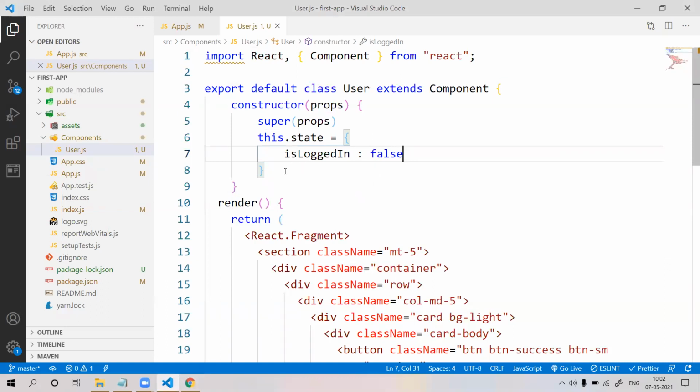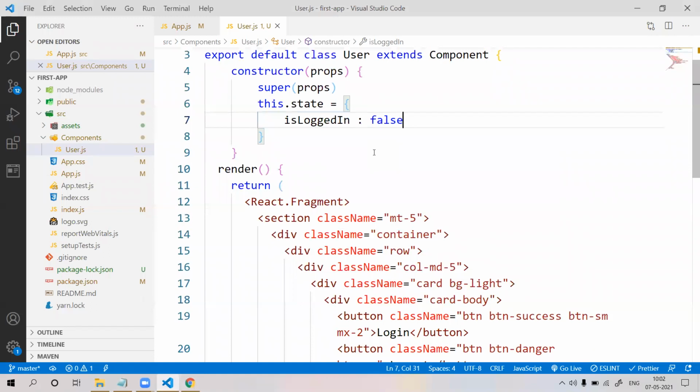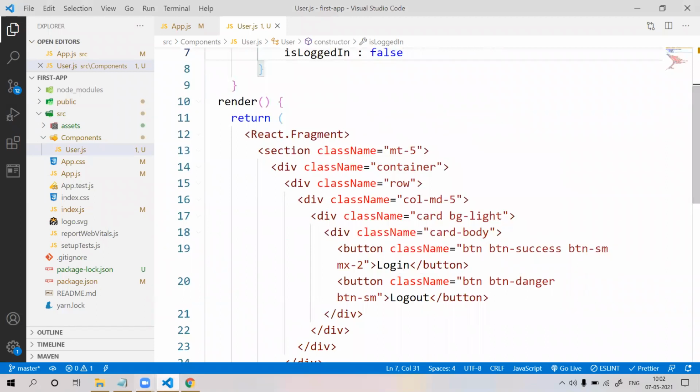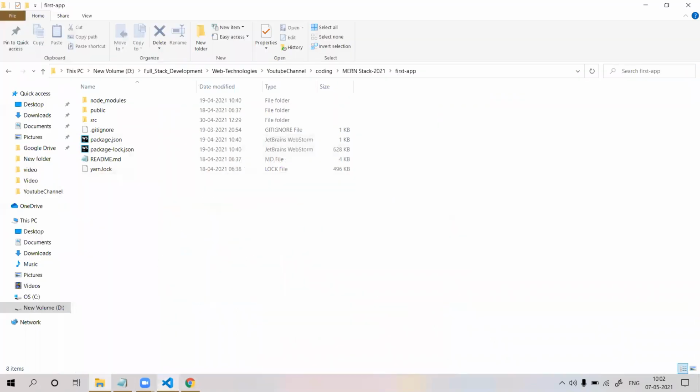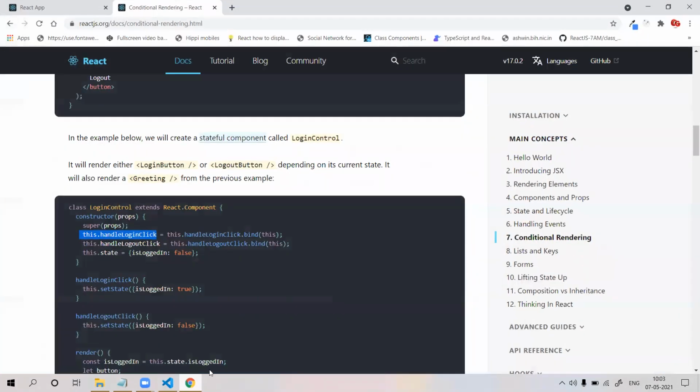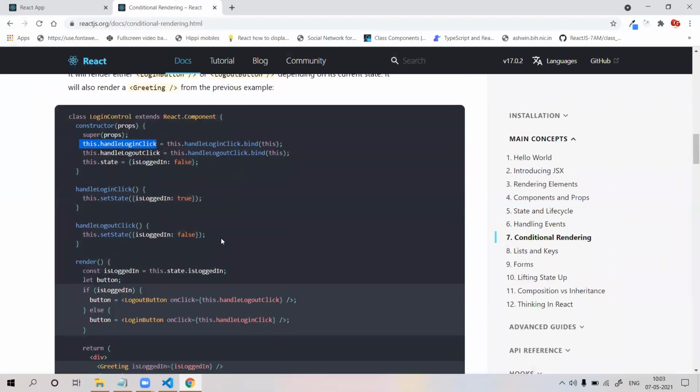Because whenever anyone comes, they will not be logged in. That's why I'm defining isLoggedIn false first. Then we are going to define isLoggedIn true. We are going to change the state by using this.setState. When the login button is clicked, then isLoggedIn will be true.